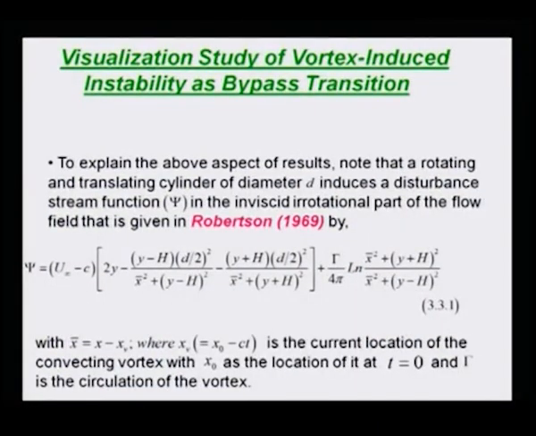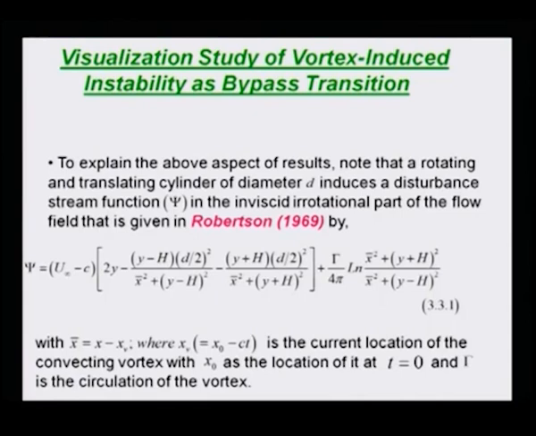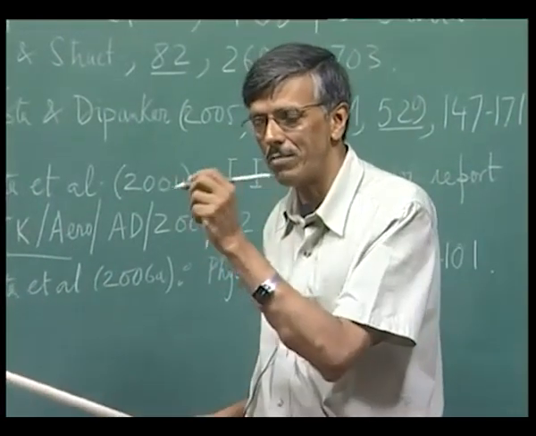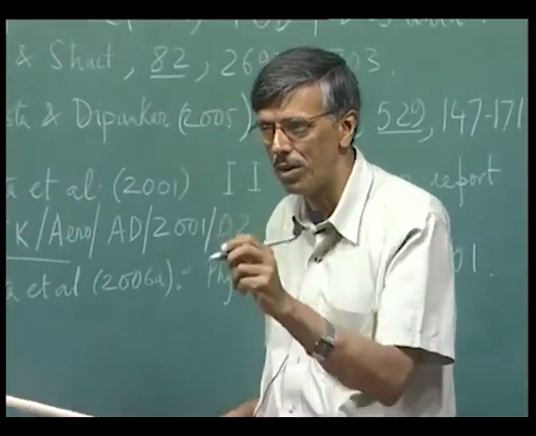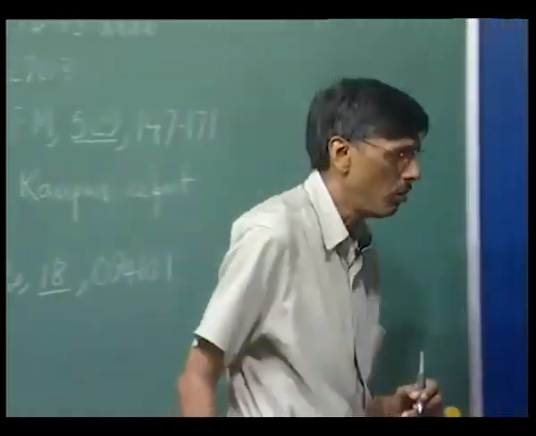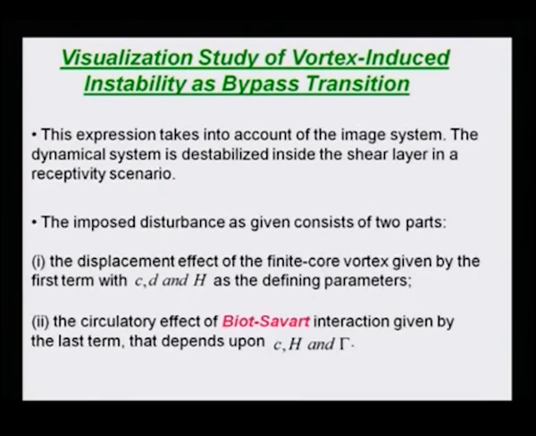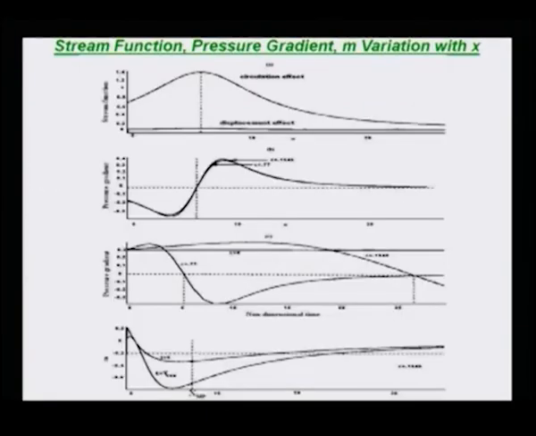Now, what happens is we can look at this expression. So, this is the disturbance stream function. If I now consider a control volume over the flat plate, this is the disturbance created by the convecting vortex, that we can put on the boundary of this control volume. So, depending on the coordinates x and y, we could estimate what we are getting. In this set of figures, we have shown the following quantities: the disturbance stream function itself